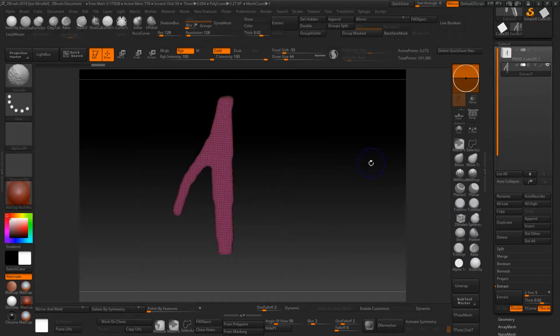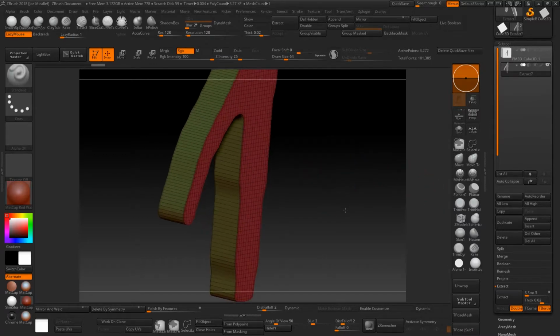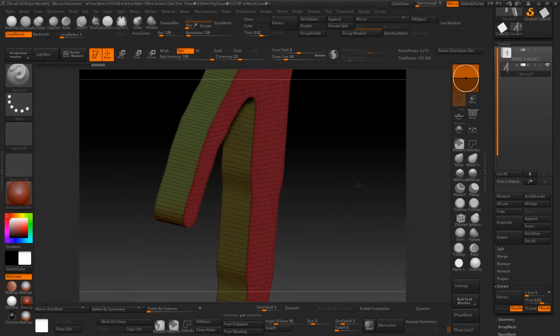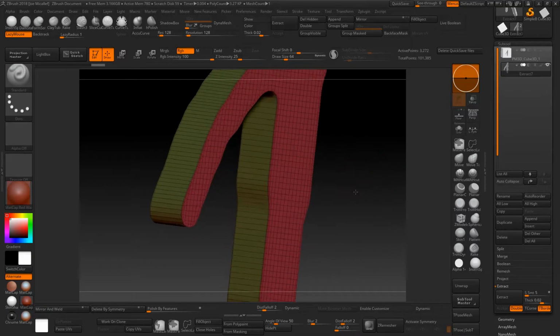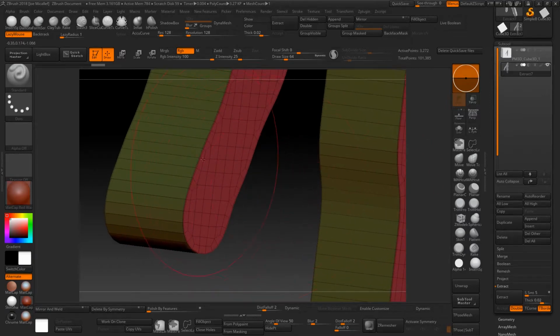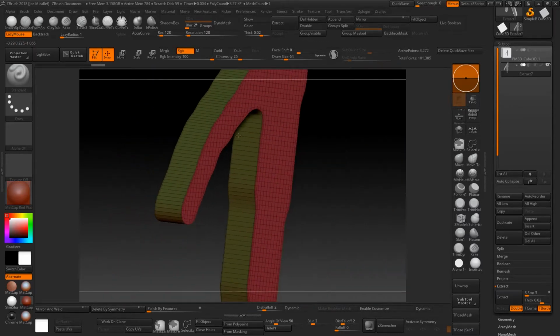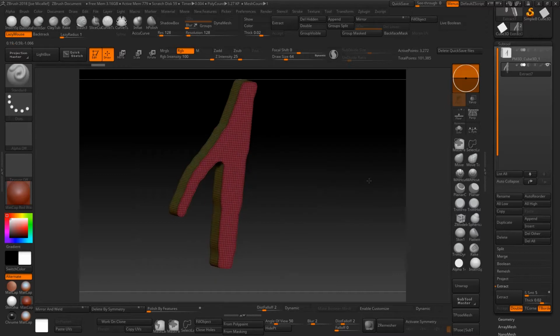If I hit Shift F, you can see the mask. You can see the part we created with that extract has two polygroups. And there's also another feature that's included, which is this line that goes around the edges. So the extraction actually created a crease on that part that was just created,